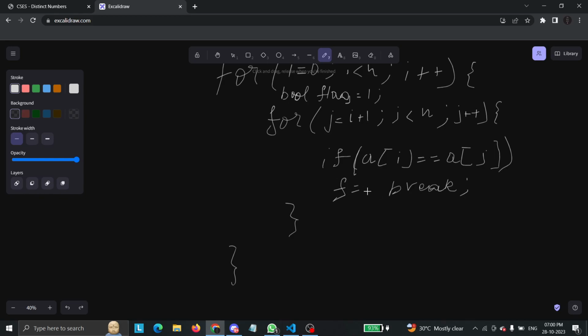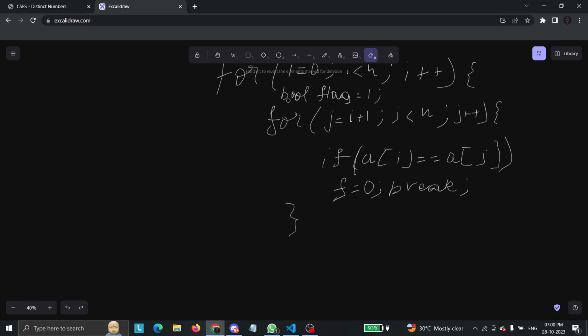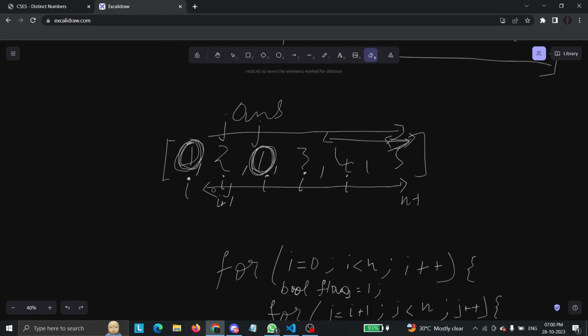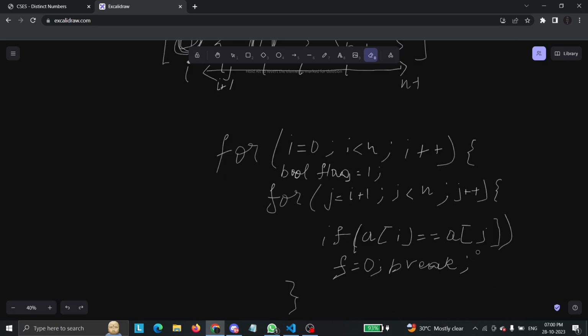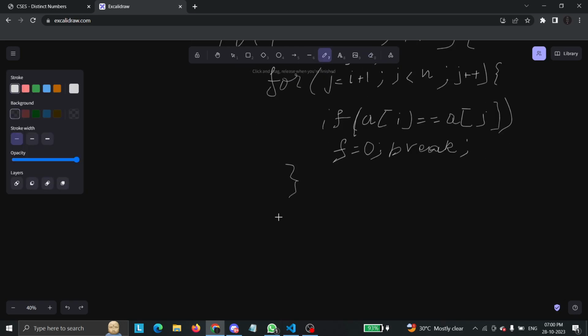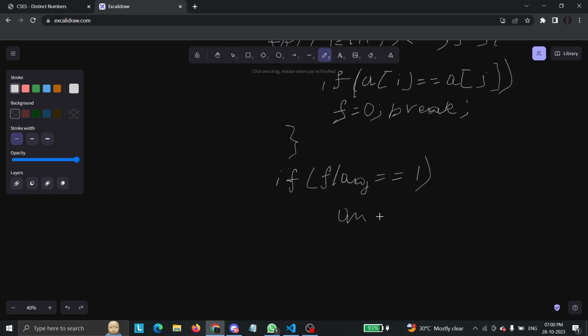And when I come out of this loop, when I'm done going through the right part of my array, if this condition never met, flag will still remain 1, right? If flag is equal to 1, answer is equal to answer plus 1,